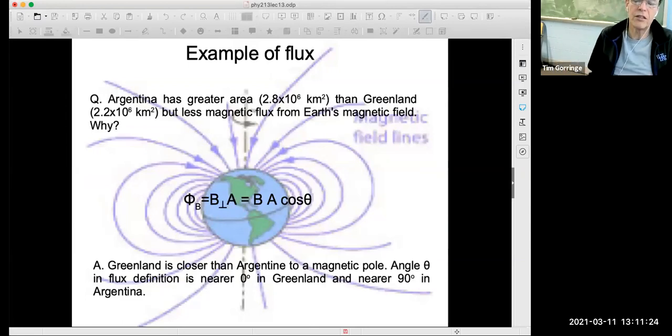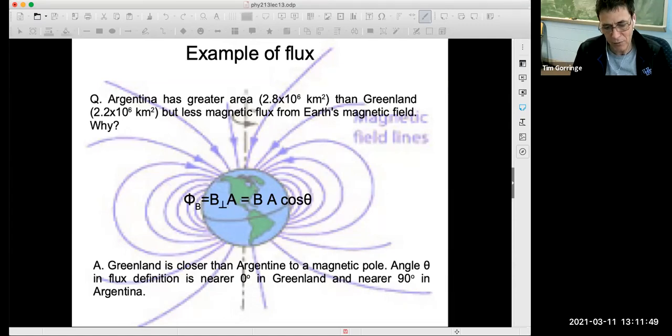Okay, so that's introducing magnetic flux. It was fairly easy to introduce it, I thought, for me, not because I'm any good at explaining magnetic flux, but because I'd already gone through the business of explaining electrical flux. And magnetic flux is the magnetic equivalent of electrical flux. So that made it easy. Here's a nice little example